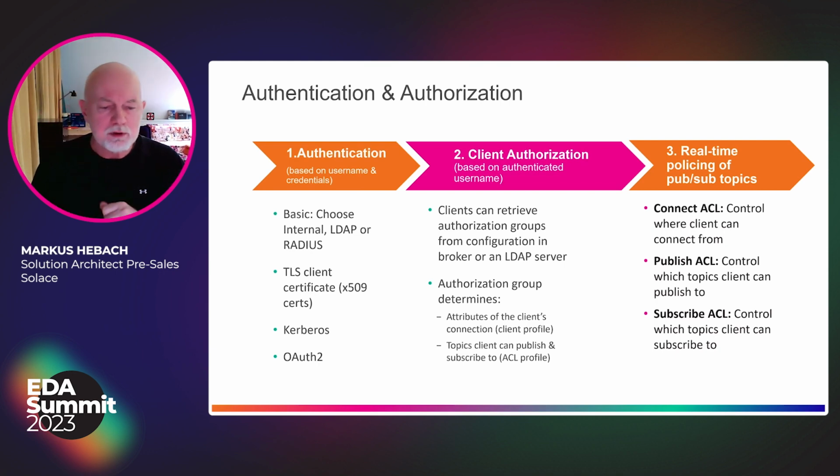It maps a combination of capabilities the entity is allowed to do. I will also show a little bit more on that. And we have this real-time policing. If you make a connection to a broker, you also say what you want to do in this connection. That is a